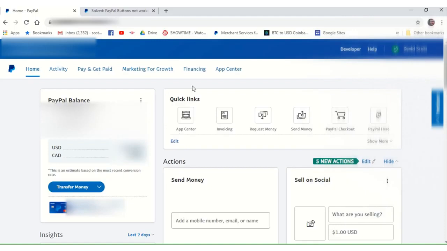Now, the first thing you'll need to do is log into your PayPal account. Make sure you're logged into your PayPal business account, and it must be a business account. If you don't have a PayPal business account, pause this video, go create one, and come back. All right, now that you have a PayPal business account and are logged in,